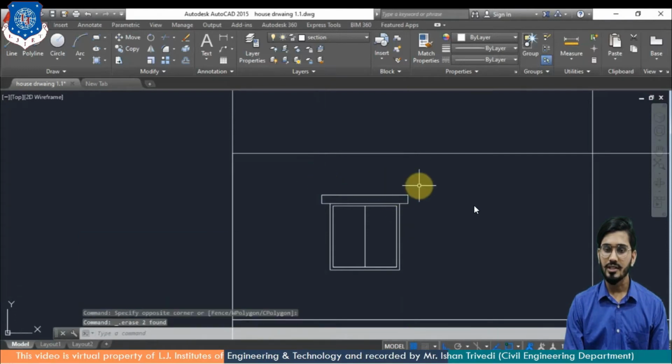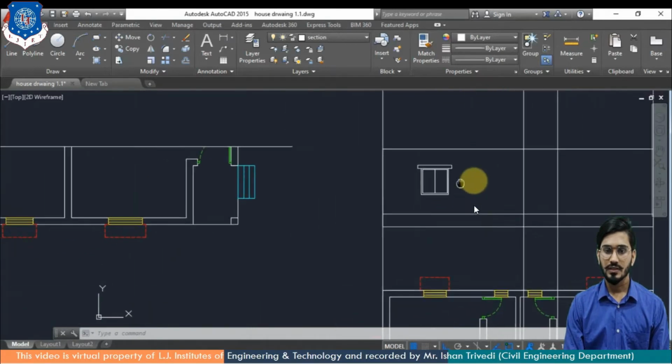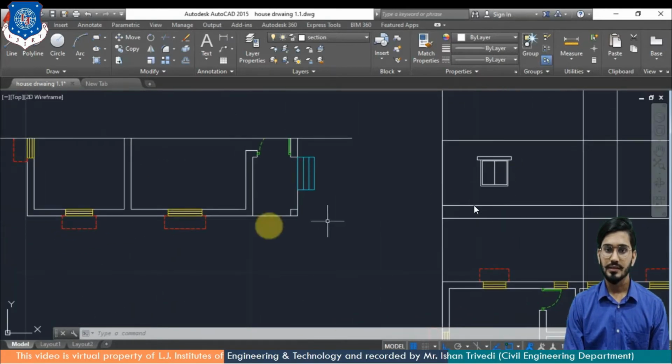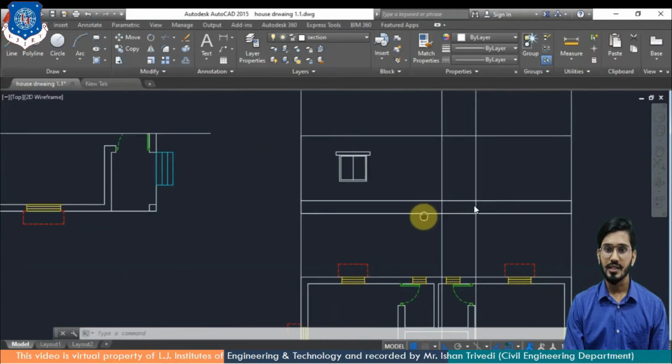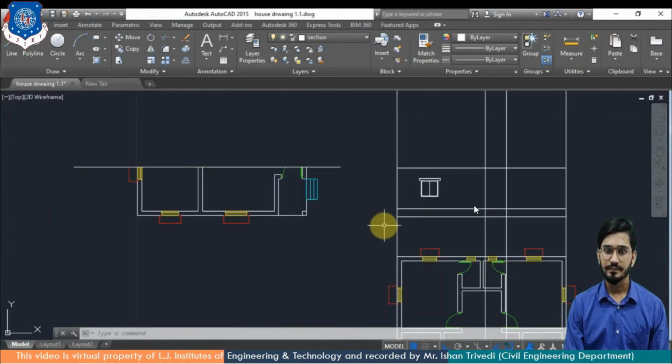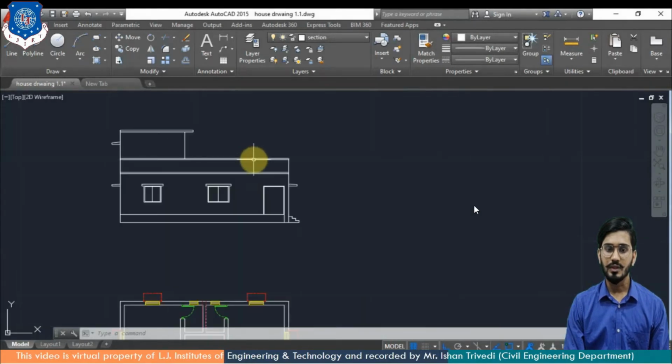I will eliminate the rest of the lines. So this is how you can provide the window. I have provided the W2 type of window here for your reference only, and finish the elevation part. So this will look like this.